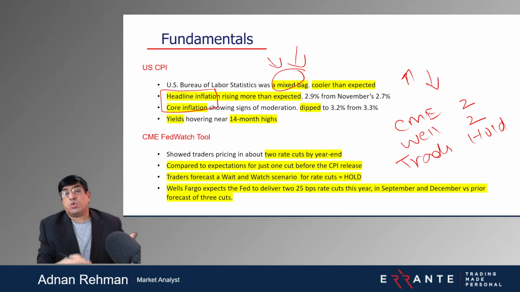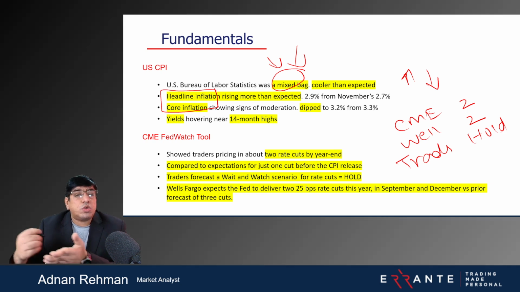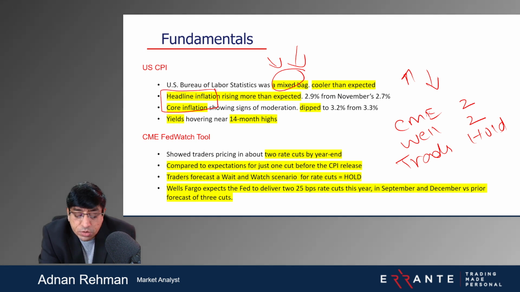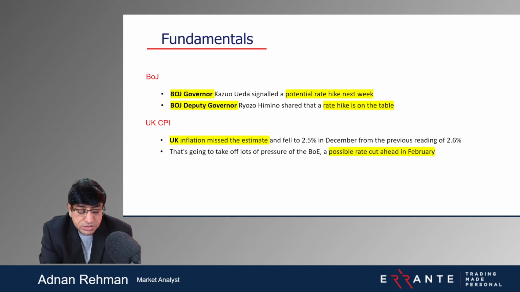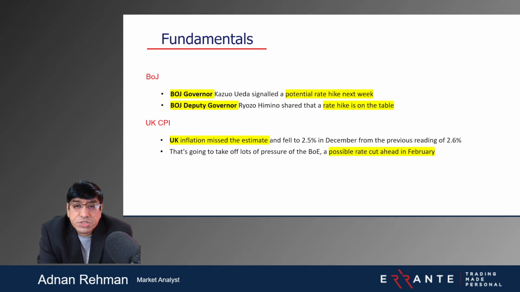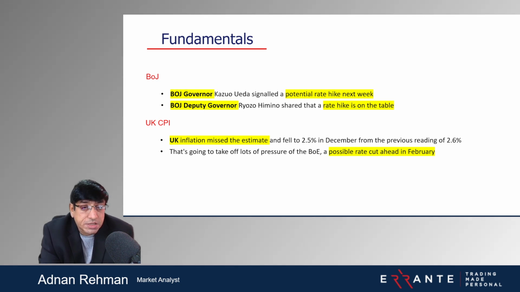So now you can look: if you are a Federal Reserve member, you can go for a rate cut kind of stuff, or if you're a trader, or the polls are suggesting, they will go in a hold scenario. So in both of these uncertain cases, who is the winner or the beneficiary? Obviously, in a period of uncertainty, it's the USD that will take the benefit. This was the main thing you need to keep in mind.